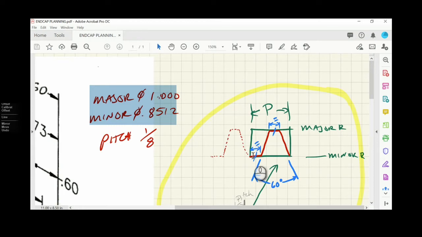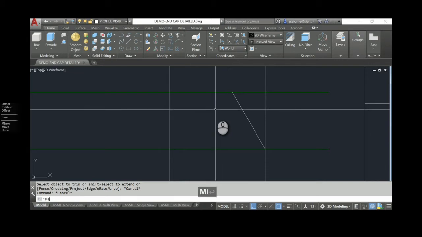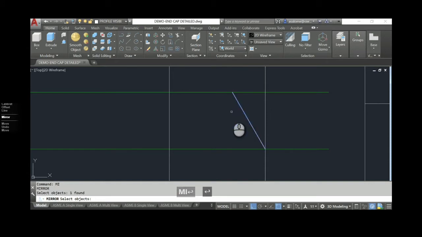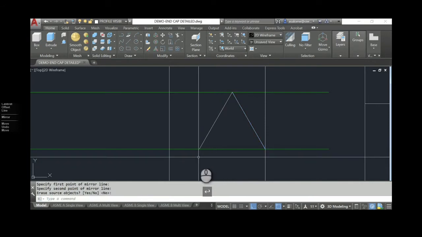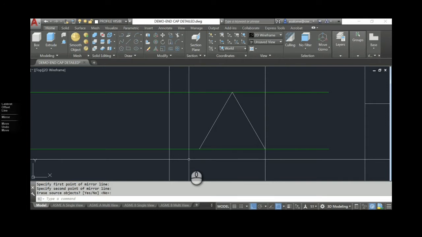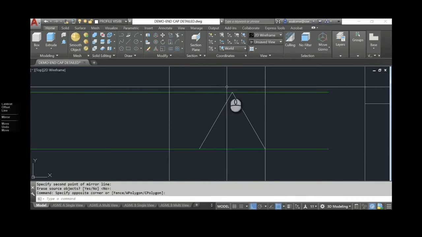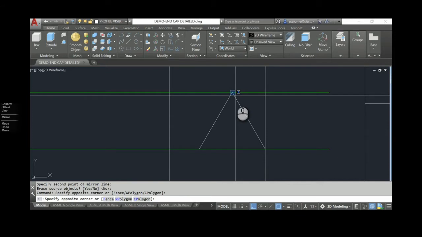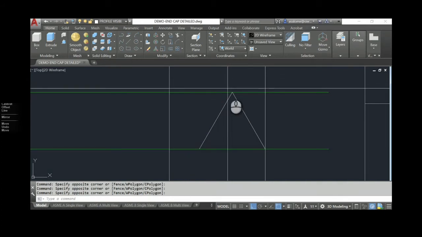So sit back and watch what I'm going to do. See if it makes sense to you, and then I'll undo it and do it again. I'm going to mirror this line, using my 2-dimensional mirror command, making sure ortho is on. What that does is it gets me the other line going the correct angular direction. Now look here. This distance right here inside the blue box is twice the size it should be, and this distance between these 2 points is 0. So what I really want to do is take half of this distance and move it up between these 2 points.